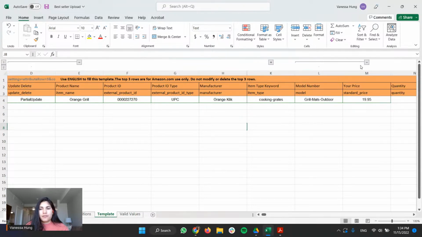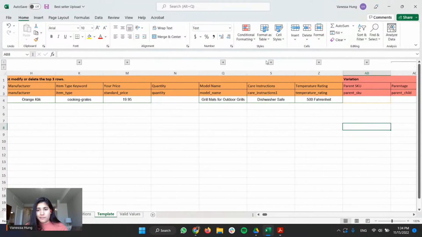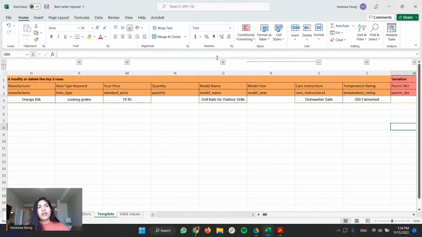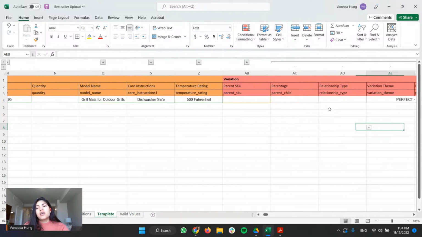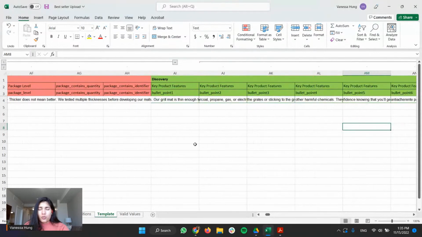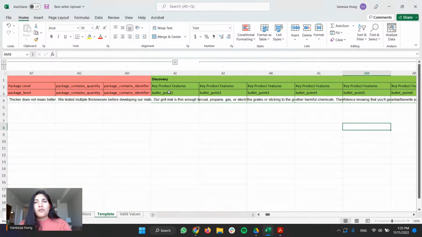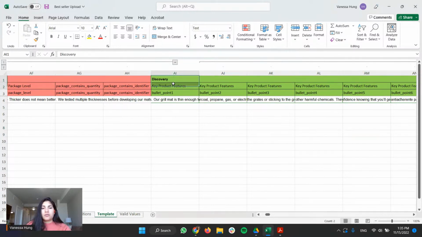Okay, same thing here. It's super cool. I love this new feature. I think it will help a lot of sellers to get more used to working with flat files. And the best part is that for beginners, you can start just with the things that are shown there without clicking the plus section. Okay, so my favorite part, which is the one that we're going to be working the most if we want to optimize for keywords, and especially to target the hidden market, is this one, the discovery one.